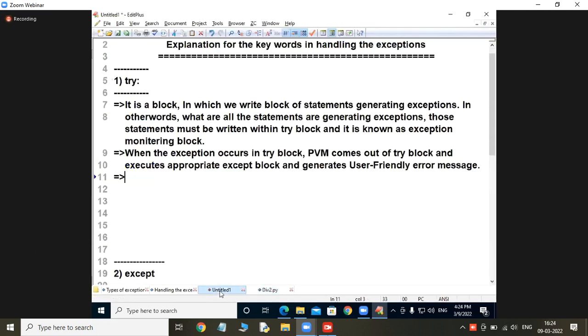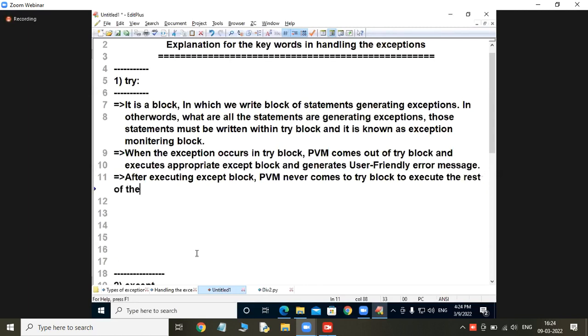Definitely no. So I am writing: after executing the except block, PVM never comes to the try block to execute the rest of the statements which are present in the try block itself.